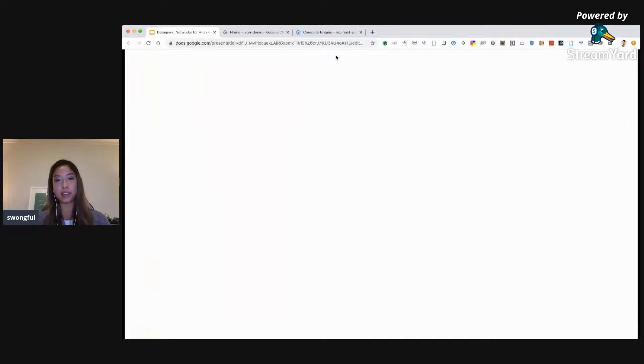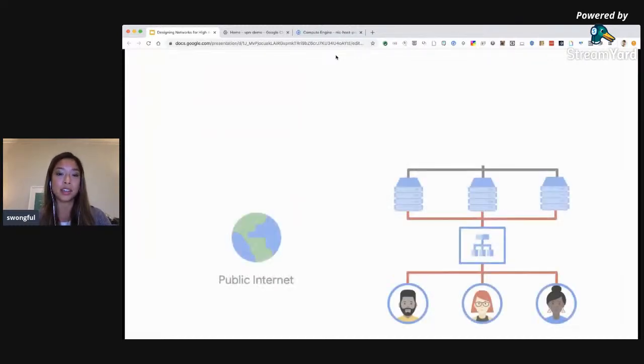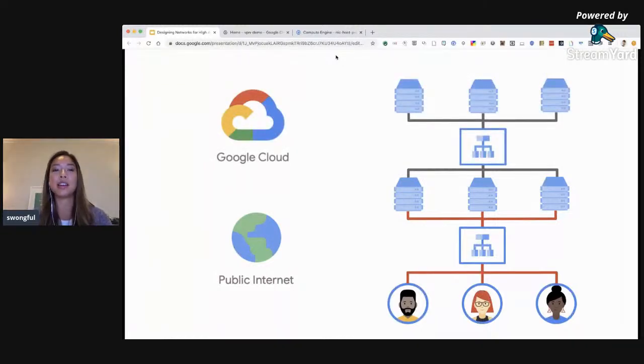So the easiest way to think about how to decide which load balancer to choose is, are you dealing with external traffic, which is publicly facing traffic that is on the public internet, so anything coming from your end users into your front end servers or web servers, for example, or are you serving internal traffic? So that's anything that resides within your Google Cloud VPC.